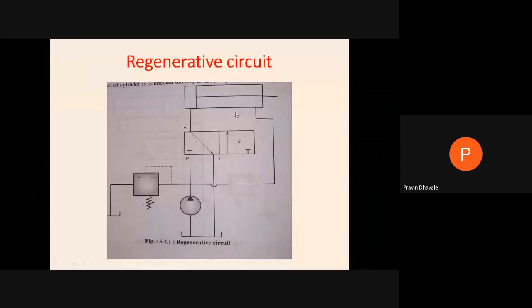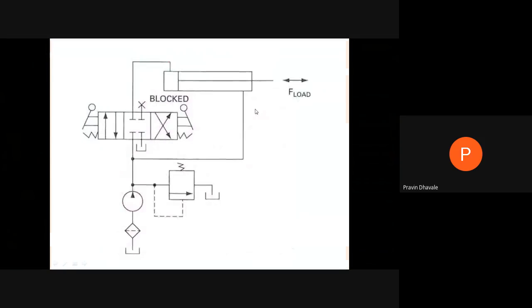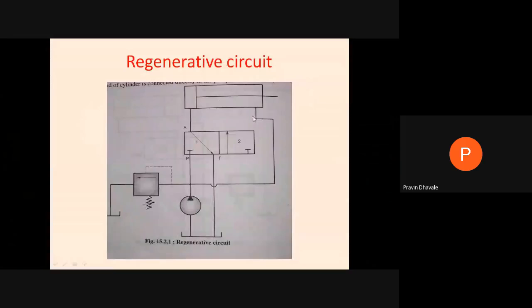Now this will be the regenerative circuit. In regenerative circuit, what change have they made? Instead of passing this return line from the cylinder directly to the reservoir, it will be fed or connected at the outlet of the pump and at the inlet of the